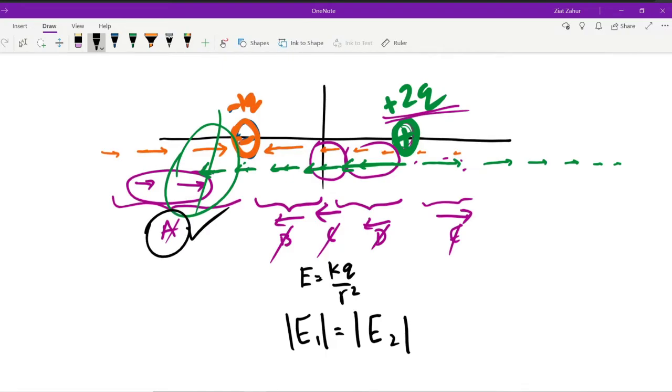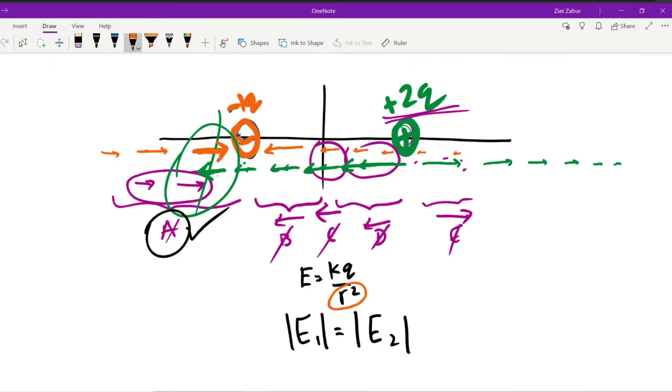And the only way to get there is to be to the left of the 2, because when you're towards the left side of the 2, you get a green arrow that points left. And you want to be on the left side of the orange one, because then you get an orange arrow that points to the right. And not only that, you have to be further away from the positive 2 charge and closer to the negative 1. Basically, based on the fact that the radius is in the denominator, as you increase the distance, you